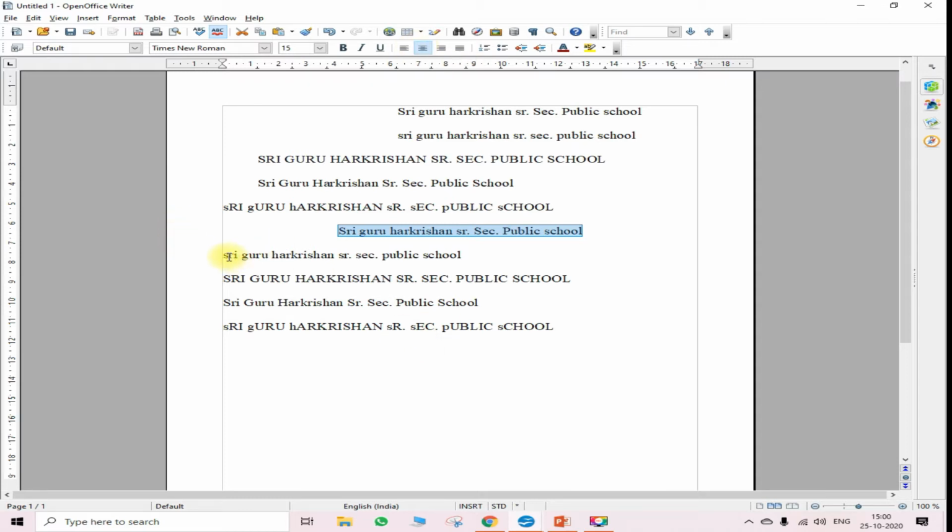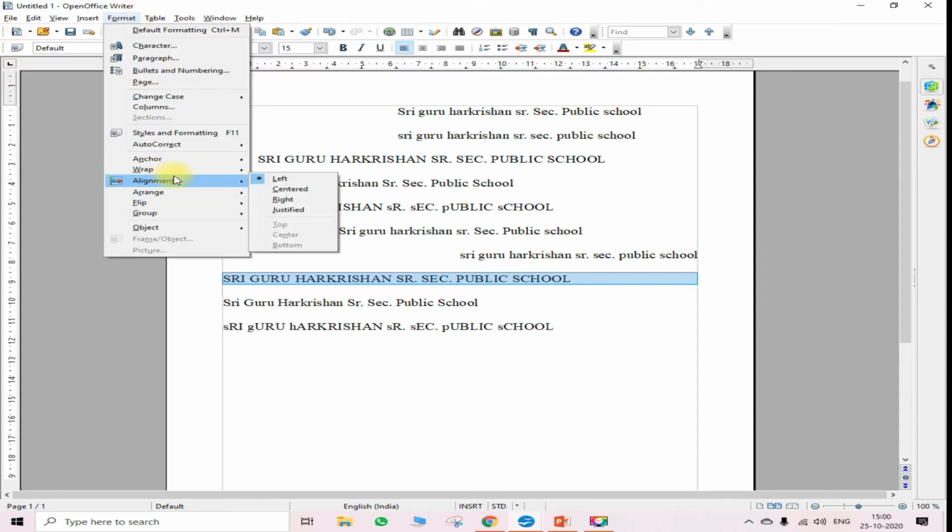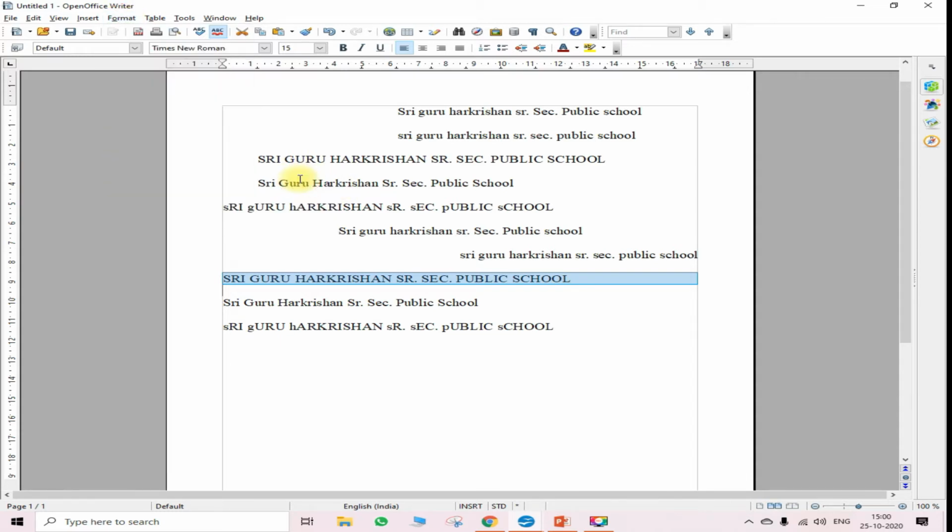ठीक है, select the next line. Either select from here, right side. ठीक है, data is shifted to the right side. And if you select from here, format से भी same ही काम होना आपका alignment पे. Let's say left side, already the data is there on the left side. So this way you can just align the data to the center, right and left side.